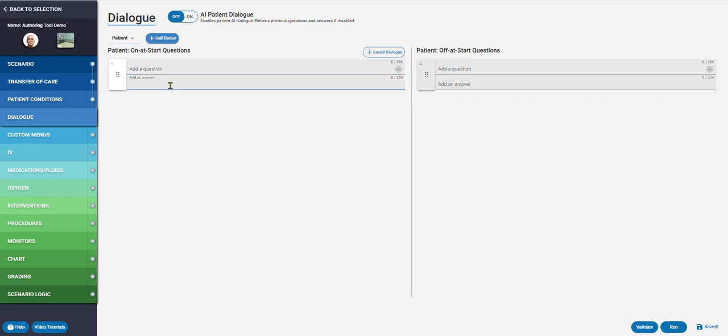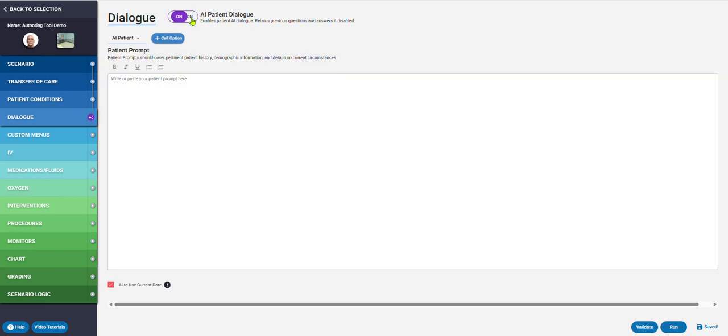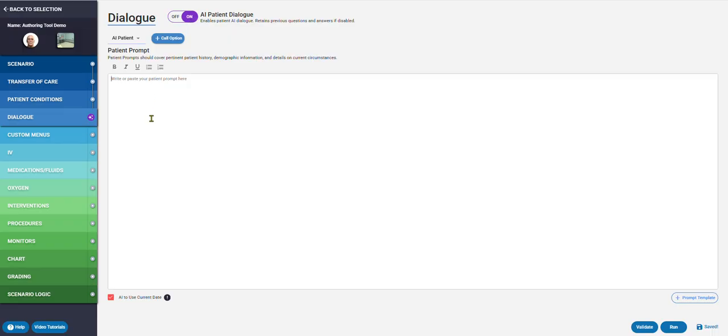The dialogue, so the legacy VRpatients authoring tool, you typed out what questions you wanted learners to have access to and then canned responses. But now we can toggle on AI patient dialogue. You can free text any information you want the patient to know about themselves. You could always use something like ChatGPT to build you a patient story, copy and paste it here. Use ones that we've already put in the platform,